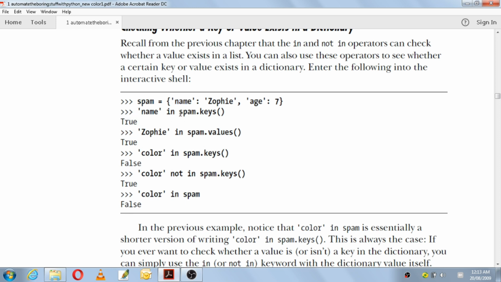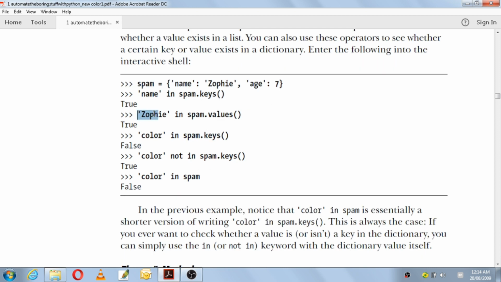If you put only spam, it will iterate through all the key-value pairs. It will check through keys and also through values. But if you put the spam.keys method, it will check only the keys. Next we have Zophie in spam.values.